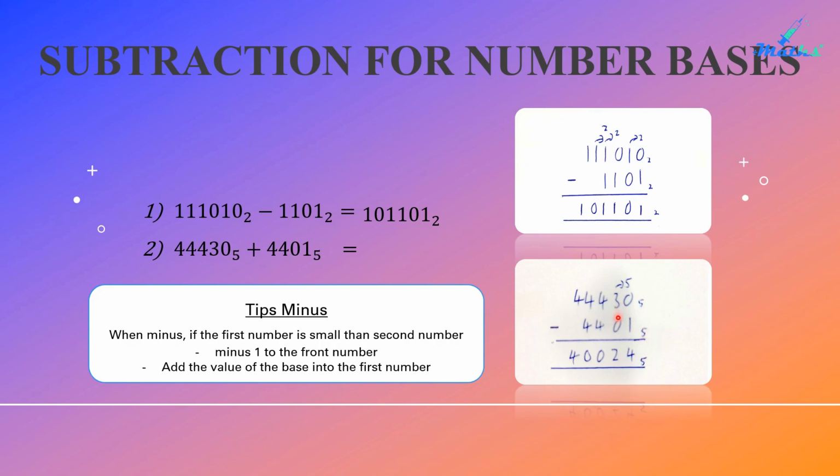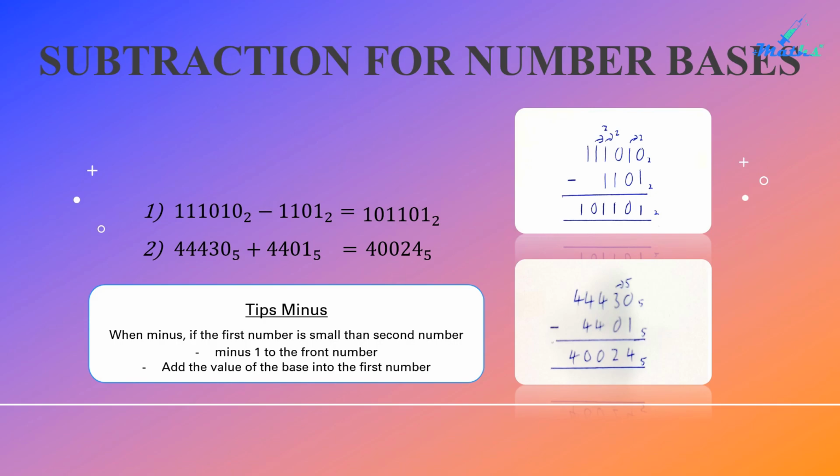And here 3, I still can minus 1. So 3 minus 1 becomes 2. And 4 minus 4 is easy, 0. 4 minus 0, minus nothing, means it stays 4. Okay, so the answer becomes